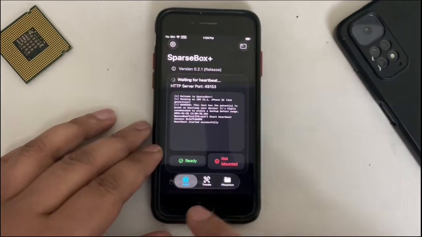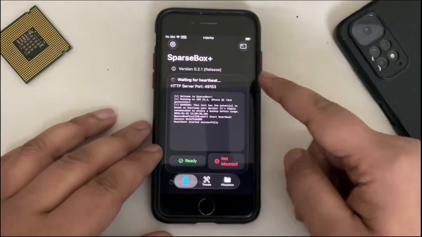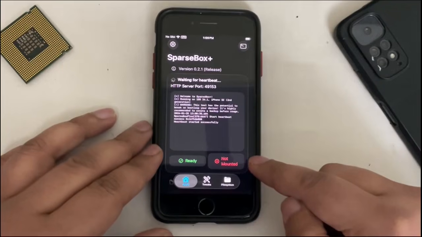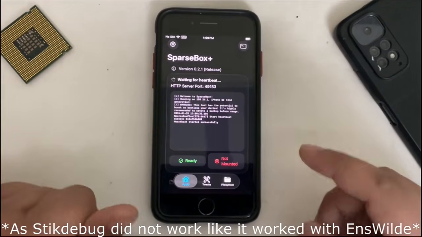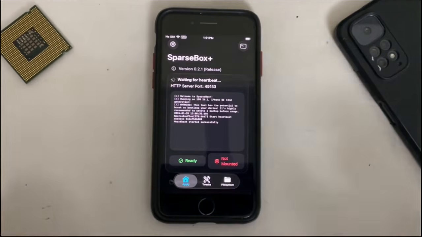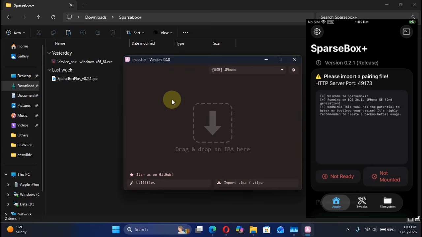Now the issue is waiting for heartbeat and the DDI, or developer disk image, is not mounted. Here we will again require a computer. So let's head to the computer and complete the process. I have seen that sometimes after reopening SparseBoxPlus, you will see the please import a pairing file message on